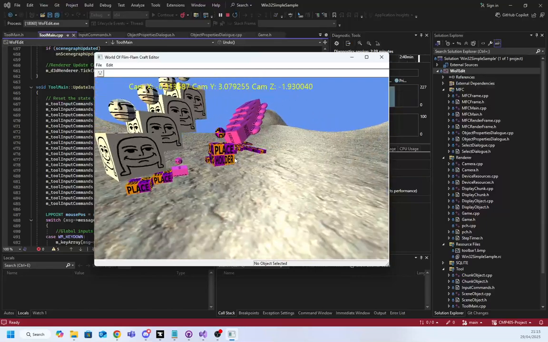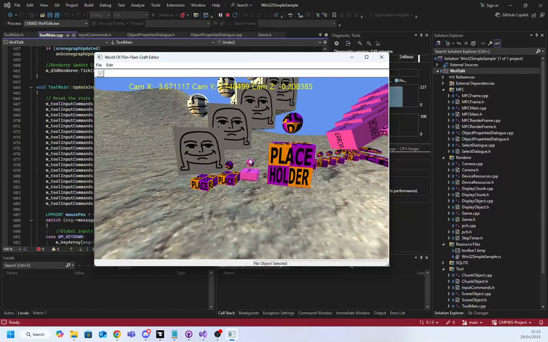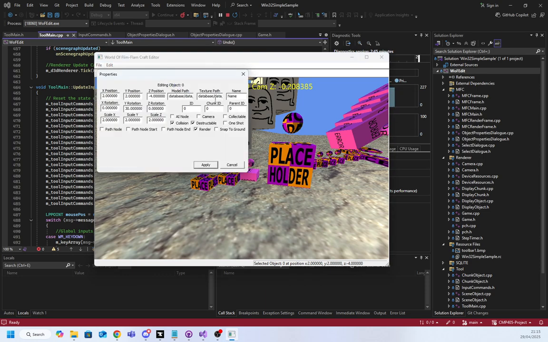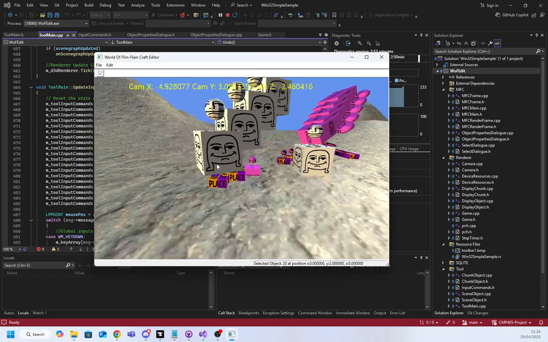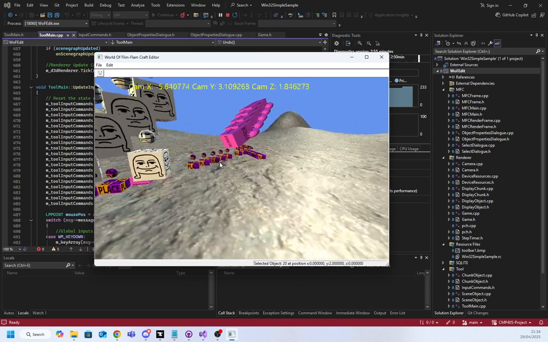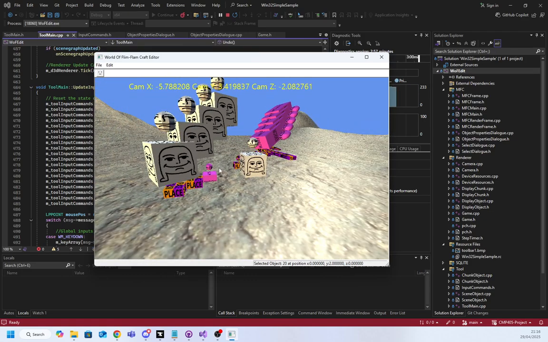And here's our new object, but I want him to use this texture here, so I can select this object, and I can copy the texture path, edit this one, paste it in. There we are. Objects can also be moved using holding X and scrolling, or Y and scrolling,